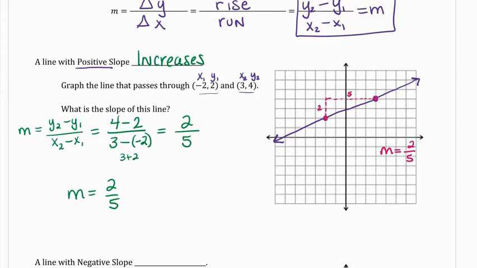Right? It goes up from the left to the right. It's like you're climbing up a mountain. You are increasing in your height, right? One other thing I want to mention is that if I have a slope, a positive slope of 2/5, I